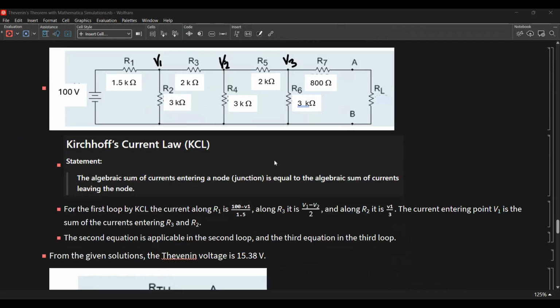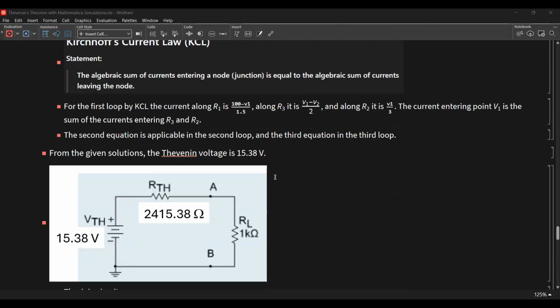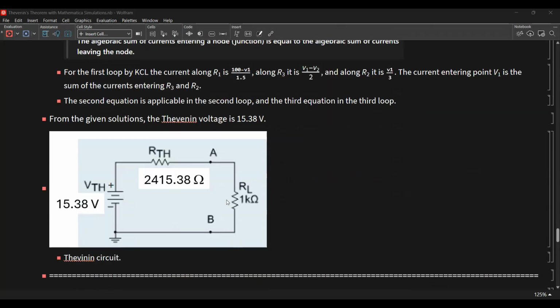Okay, so Kirchhoff's current law statement: the algebraic sum of currents entering a node junction is equal to the algebraic sum of currents leaving the node. So for the first law by KCL, the current entering along R1 is, so this is already what I have. So from the given solutions, we have